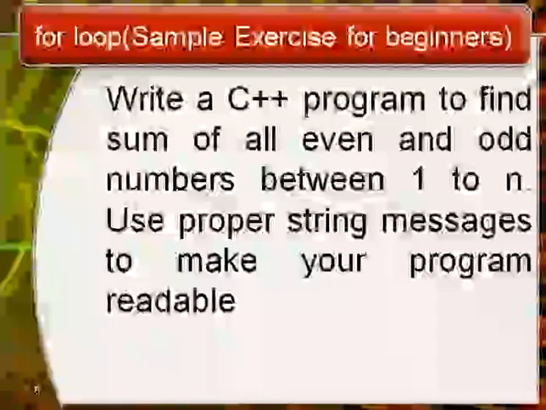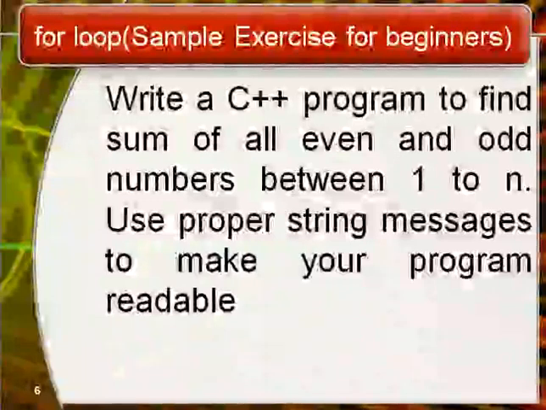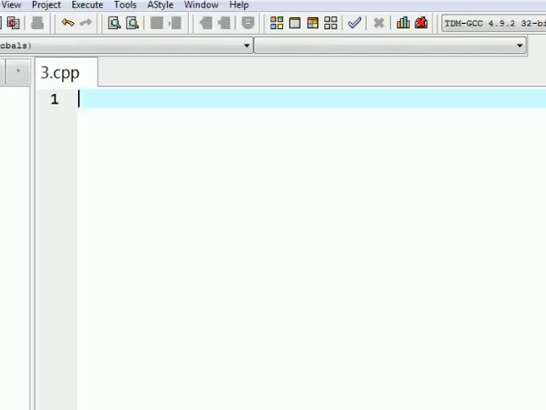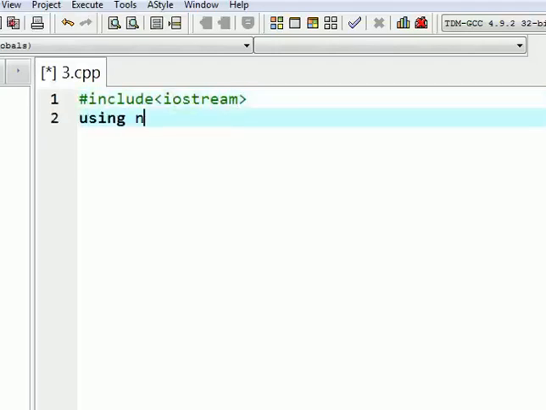Next sample program is: write a C++ program to find sum of all even and odd numbers between a user defined range of 1 up to n. Use proper string messages to make your program readable. Let us start writing this program. Include iostream, using namespace std,